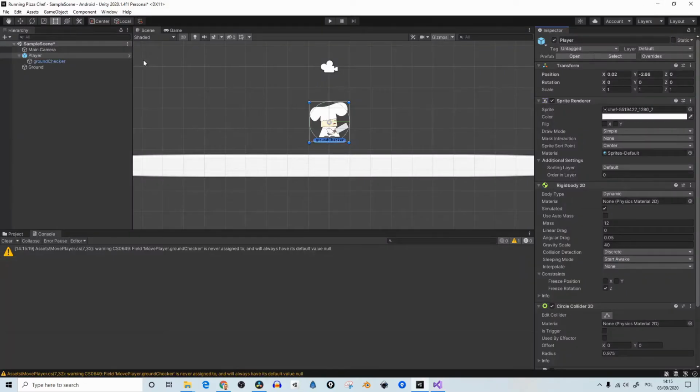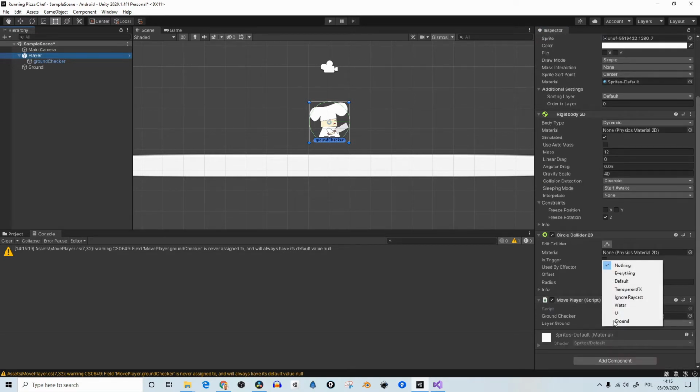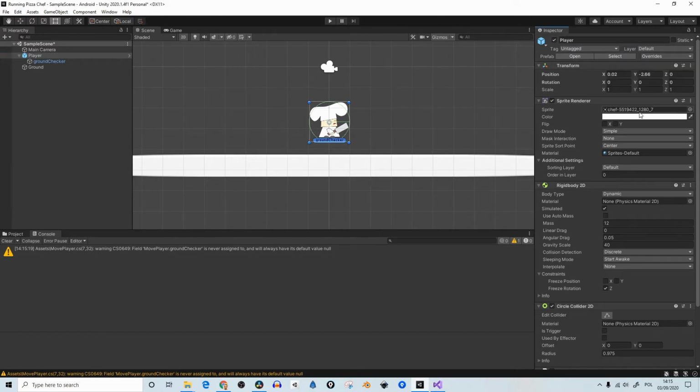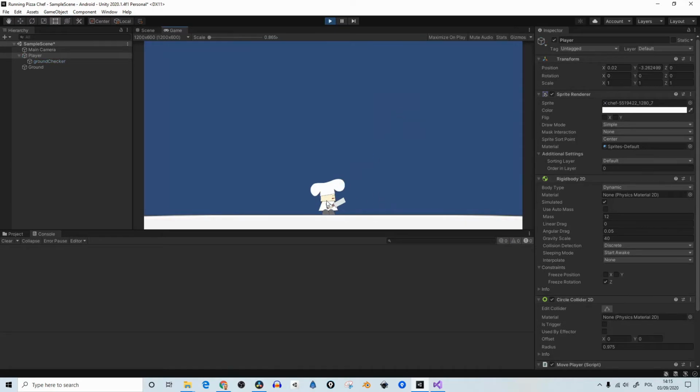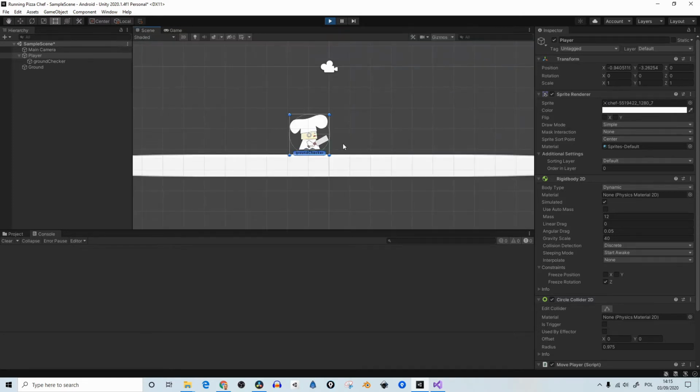So let's go back to Unity, and of course we need to click on our player and choose our layer ground, which will be ground. So let's override it, apply all, and let's press play. So now if we drop, it should be true. So now we can jump, but when we are in the air, we shouldn't be able to do double, triple jumps. And now you can see that we really can do it, sort of, because, okay, we can't